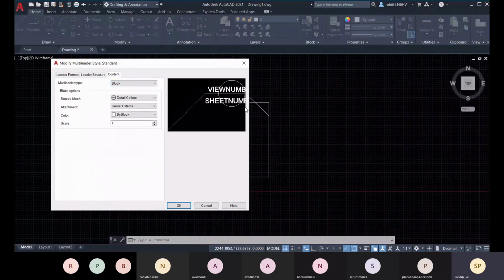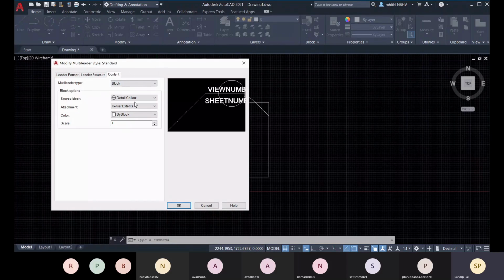Block is like you categorize your object, like text or any line or any drawing object or any numerical value. You categorize them and store it as a single element, and you can use it whenever you need. So that is the type right now, block.